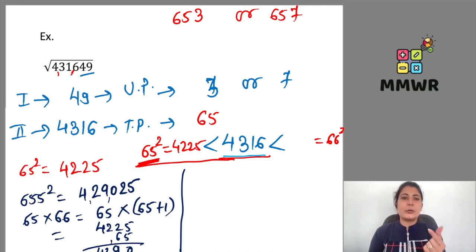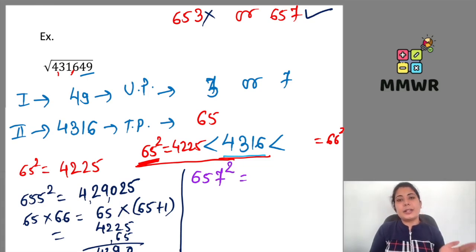4,29,025 is smaller than 431. Right? 431 is the greater one. So its square root will be greater than 655. That means the possibility can only be 657, not 653. So let's quickly find out the square of